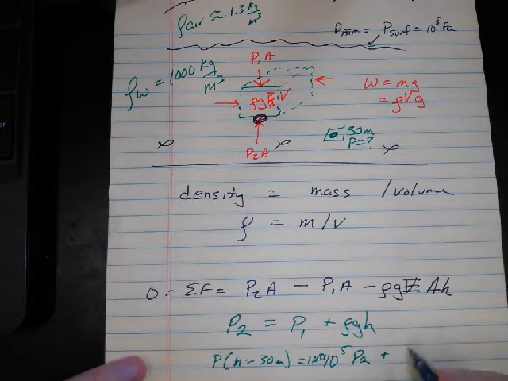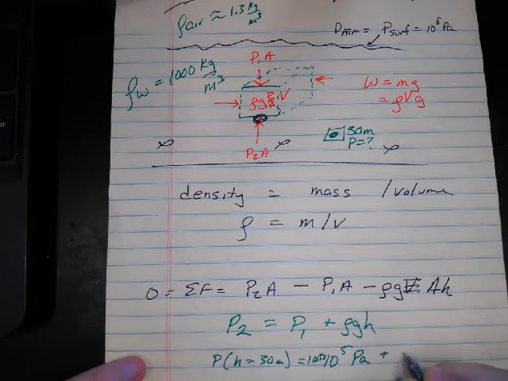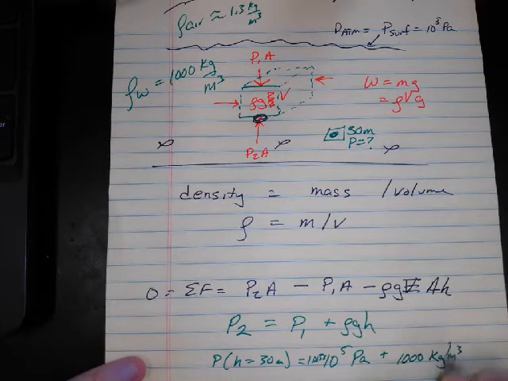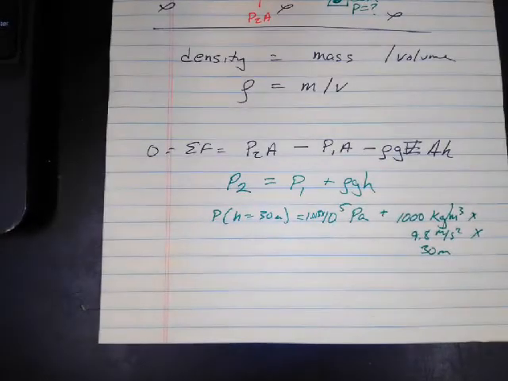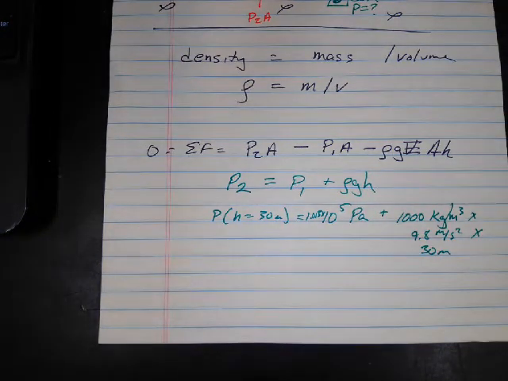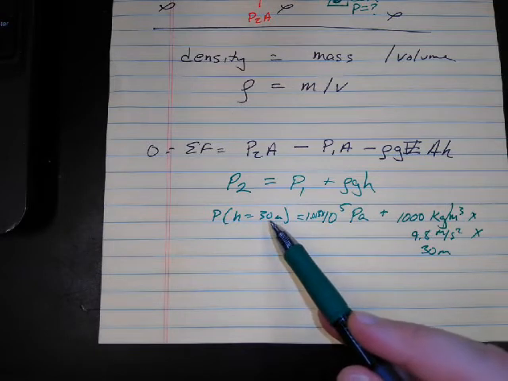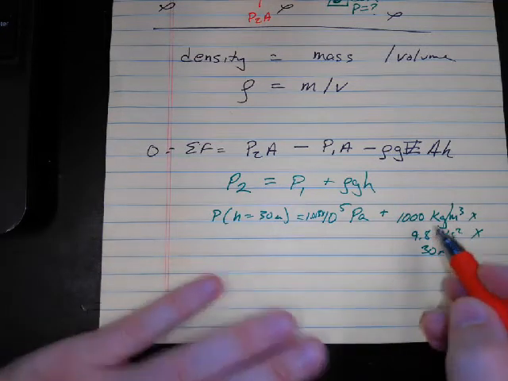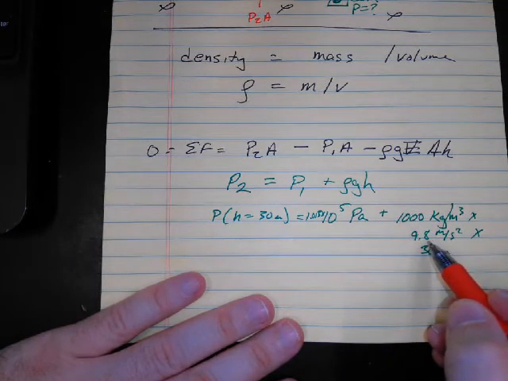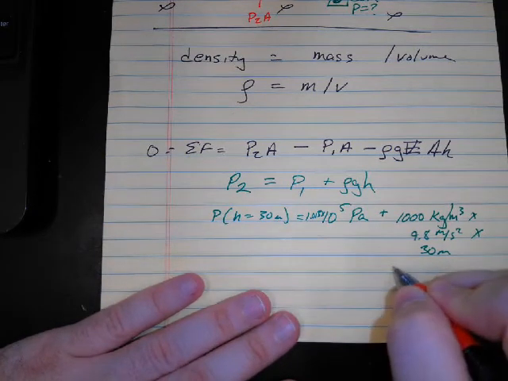So the weight density of the water is going to be 1,000 kilograms per meter cubed times 9.8 meters per second squared times 30 meters. I'm running out of space here, and the computer just fell asleep. There we go. So we have some calculation there, and the gist of this comes into a nice rule of thumb: for every 10 meters that we go down, we're adding an atmosphere of weight. Because 1,000 times 9.8 is about 10,000, times 10 is 100,000. So this is about